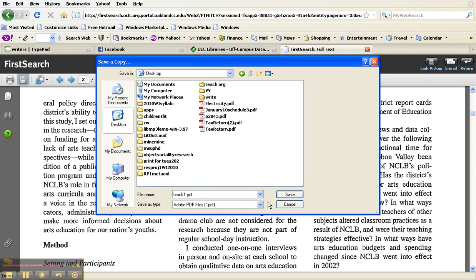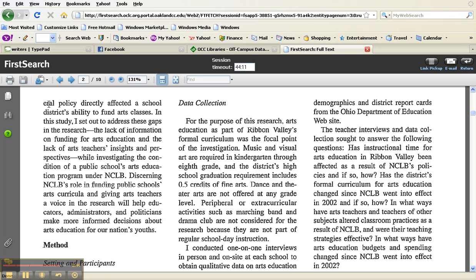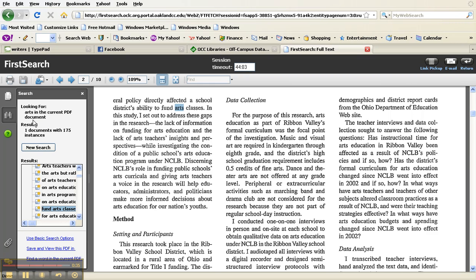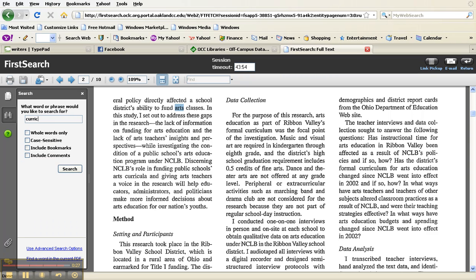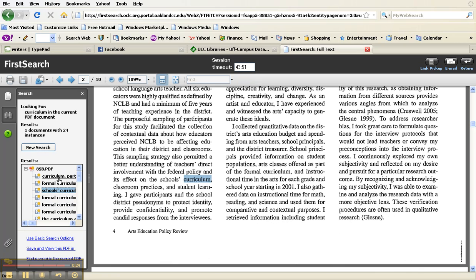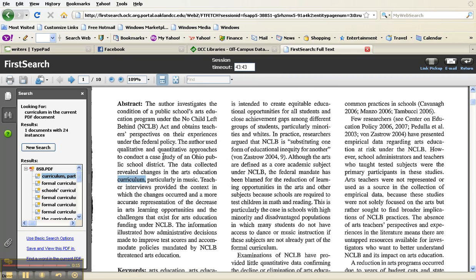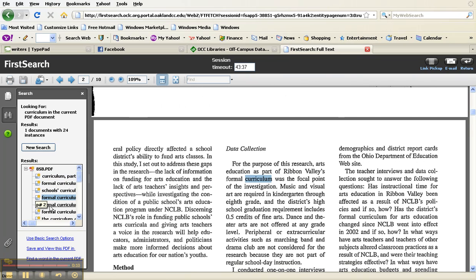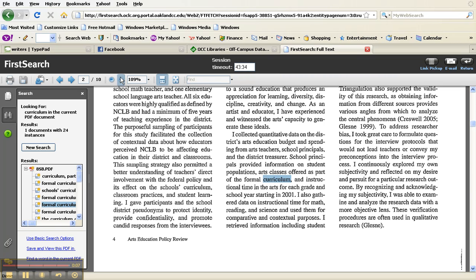And if you want to see where the arts happen to be mentioned, you can click on the spyglass in any PDF file and look for the arts, and you can see that the arts are mentioned 175 times. Wow. Let's see how many times the word curriculum is mentioned. 24 times. And so if what we're interested in is curriculum changes, then we can click on each of these instances and see how it is that they're talking about curriculum, and if they're talking about curriculum change. Does that make sense? So we can see whether this article is exactly what we need, which is cool and brilliant. And I'll get to the rest of this